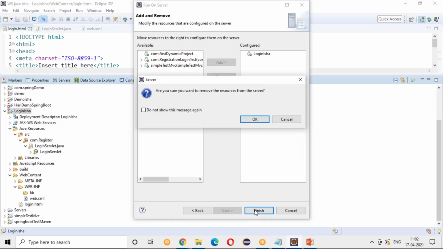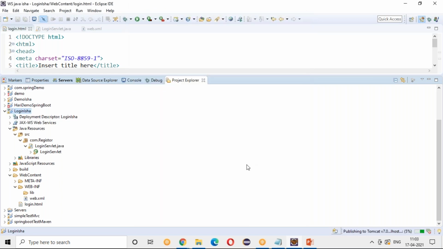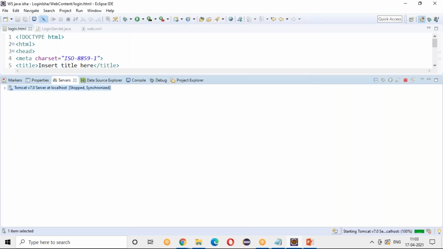I have configured only one application. Before, I started this application with 3-4 projects. Generally, you can start an application with as many projects as you want. Whenever you do a real-time application, you'll have a lot of projects, and you'll be configuring all the projects and starting them yourself, right?